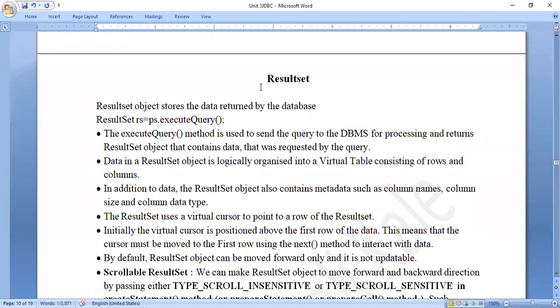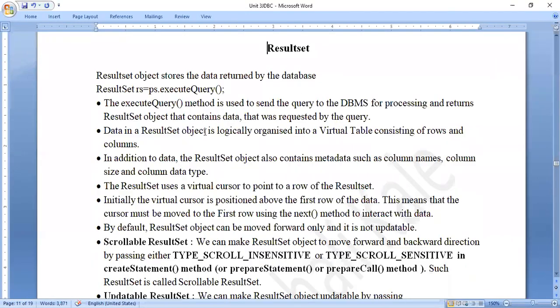Now let us discuss the result set. So far everything is clear. So now it is the ResultSet object. We will see what the methods related to the result set are. A result set gets created by the statement's or prepared statement's executeQuery method. So only when we have a select statement executed do we get the result set.